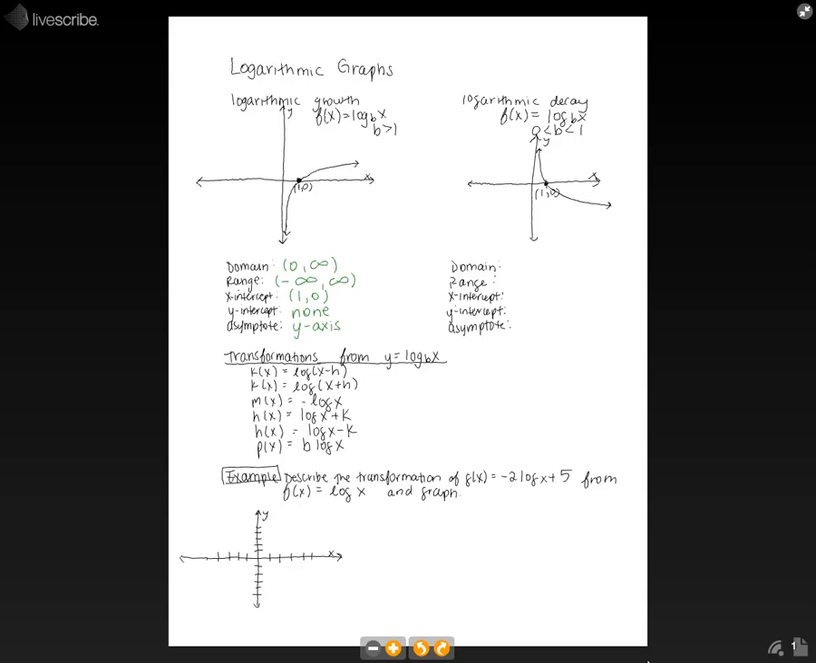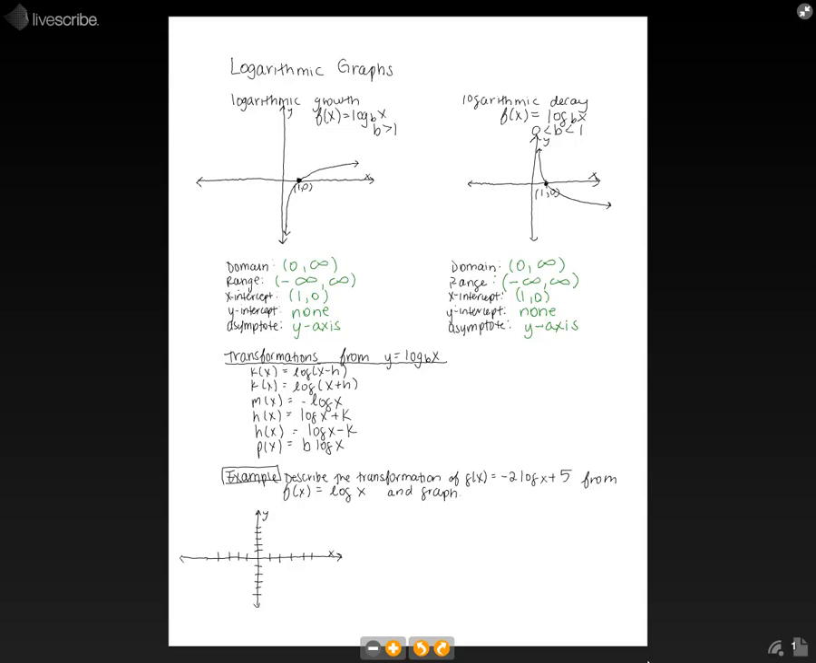Now looking at the logarithmic decay, which is f of x equals log base b of x for b between 0 and 1. So in this case, the domain is the same because there are no values of x for 0 and the negatives. The range is also the same, as all values of y are possible. The x-intercept is (1, 0) as shown in the graph, where the function crosses the x-axis. The y-intercept is none because there is no time that the function crosses the y-axis,